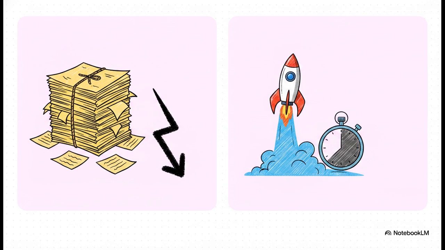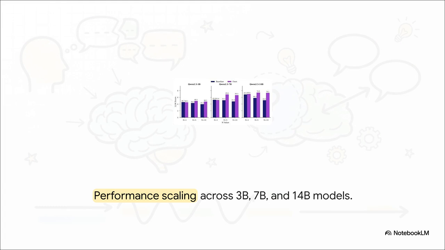And the craziest part, it cuts the time the AI takes to think, the inference time, by 73.1%. So it's making the AI significantly faster, significantly cheaper, and a whole lot smarter. And it scales beautifully too. If you look at the dark blue bars, that's the old baseline completely degrading as a conversation hits 5 or 10 turns. But those purple bars? That's the new state update strategy, holding strong. And this holds true whether you're using a smaller 3 billion parameter model all the way up to a heavy-duty 14 billion parameter model. It proves the method is incredibly robust. No matter how long you chat, the AI actually holds on to its memory.